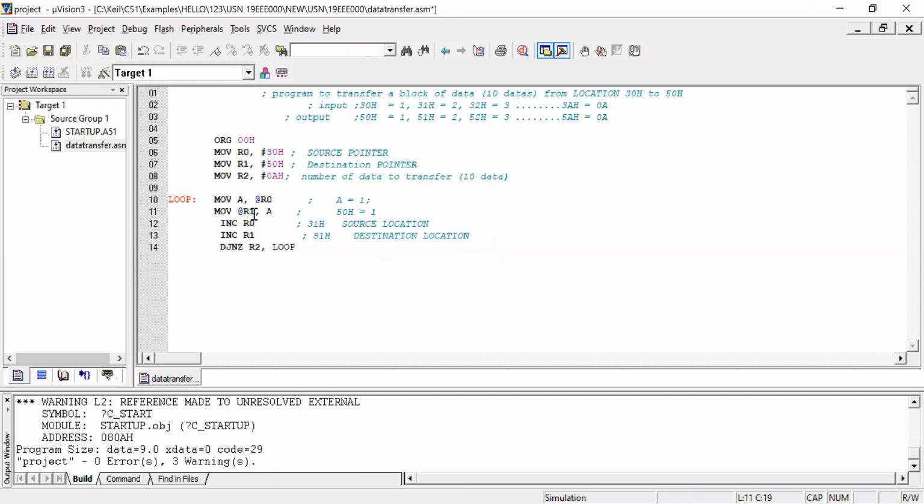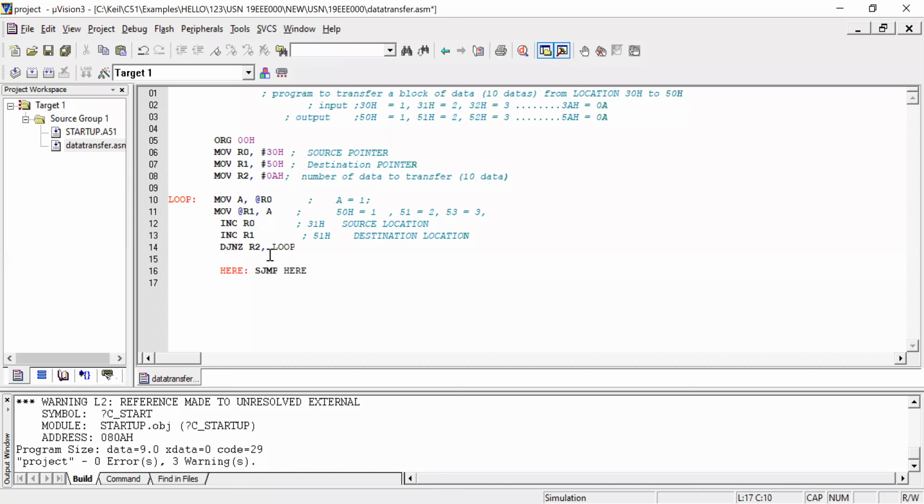From the accumulator it is moved to the destination location, like 51H, where my second data will be saved. Like that, at 53, the third data is passed, sequentially. So continuously this loop will be executing. After completion, short jump here.